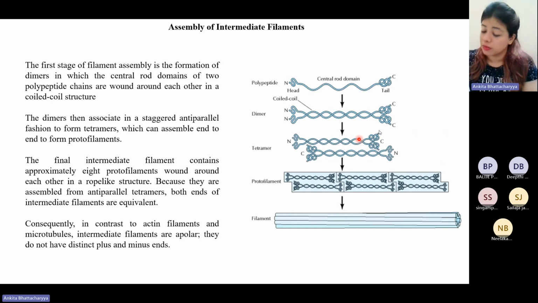The final intermediate filament contains approximately 8 protofilaments, wound around each other in a rope-like structure, and they are equivalent, so they do not have any polarity. In contrast to actin filaments and microtubules, these are said to be apolar. They do not have distinct plus and minus ends. Not just that, they also do not have the treadmilling or dynamic instability that we saw in those cases, which is why